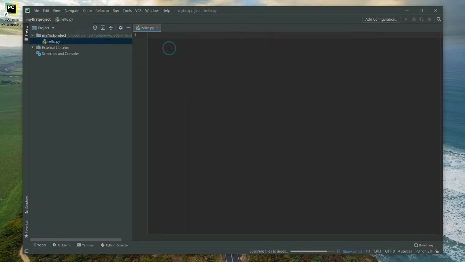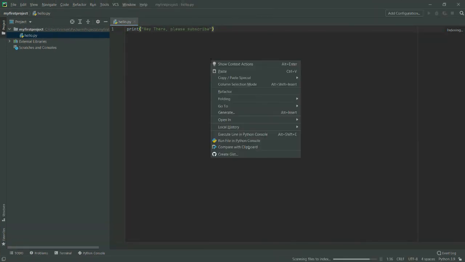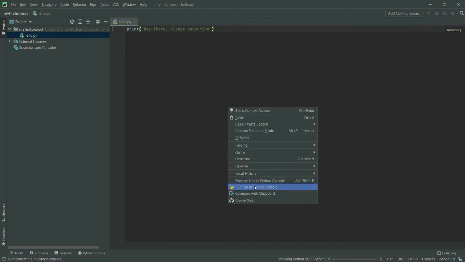So you can see that now it has provided me my file, and I will just simply write, hey there, please subscribe. Okay, so it is just a simple Python message, and you can print anything. So now you can just go ahead and run it. So basically I have created this simple file, and then you can run the file. Okay, so here you can see there are multiple options. So let me execute it,